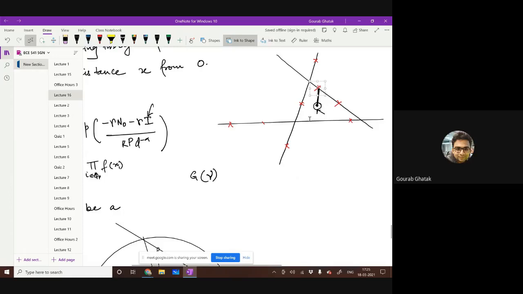In both cases, we are conditioning on the presence of this point. If these red crosses were Poisson point processes, we would say that whether this point is present at a distance of d or not, the statistics of all the other red crosses do not change. But here, this cross being here, the statistics of all the red crosses present on other lines do not change, but now there is a definitive line passing through it, and we have to take care of the random points present on that line.